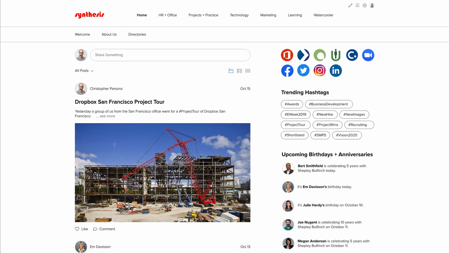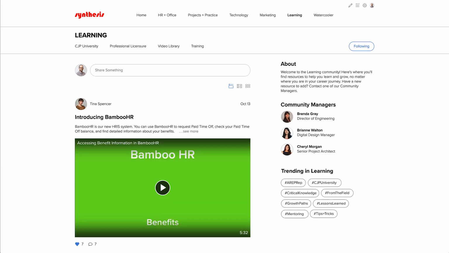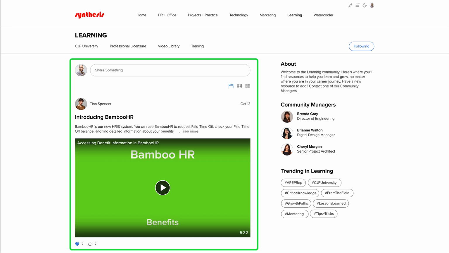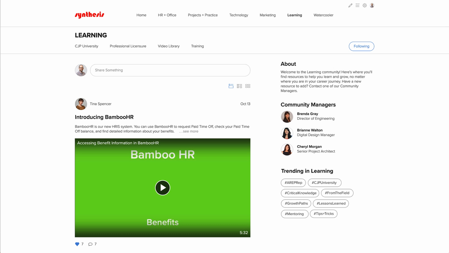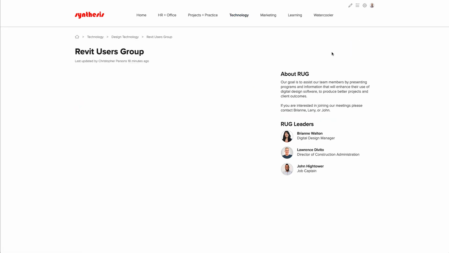Each of the community homepages we've visited so far during this video, Home, Marketing, and Learning, have had a stream block in the left column, which was included in the community homepage template used to create the community. However, you can also add stream blocks to any page on Synthesis. For example, in our technology community, we have a page under Design Technology called Revit Users Group. I'd like to add a stream block to this page. I'll start by editing the page,